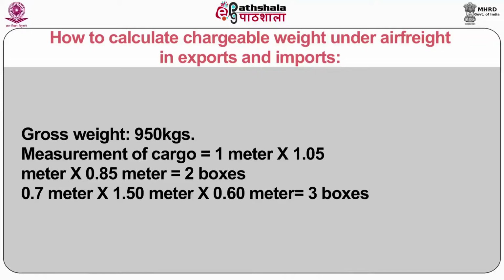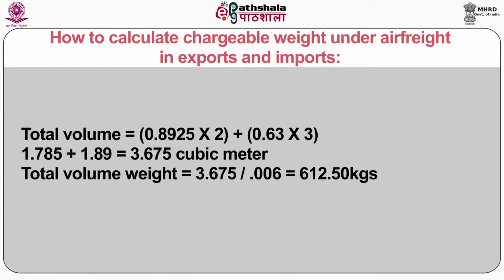Measurement of cargo equal to 1 meter into 1.05 meter into 0.85 meter equal to 2 boxes. 0.7 into 1.50 meter, 0.60 meter equal to 3 boxes. Total volume equal to 0.8925 into 2 plus 0.63 into 3. 1.785 plus 1.89 equals to 3.675 cubic meter. Total volume weight equals to 3.675 divided by 0.006 equals to